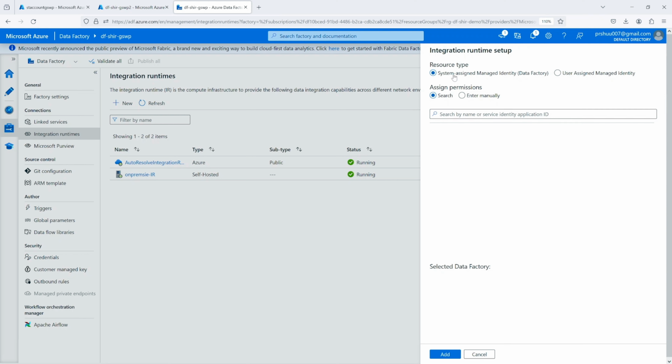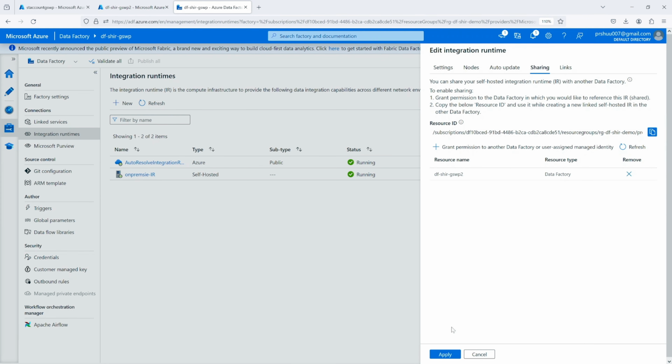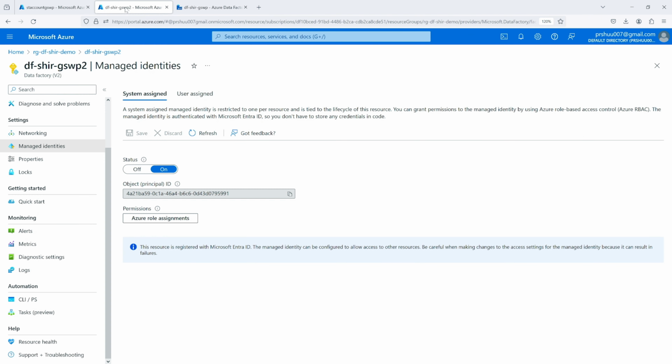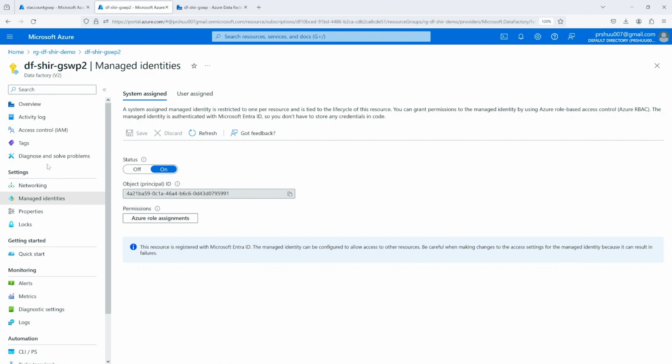So I click here and I am going to use system assigned managed identity for data factory, not the user assigned. And I'm just searching my data factory. I have only one, so it was already there. Click add. It's added, and then apply. Now I have given permission to my data factory, which is GSWP2, on my integration runtime. Now I have to go to my data factory, which is GSWP2, and in here I will open my studio,